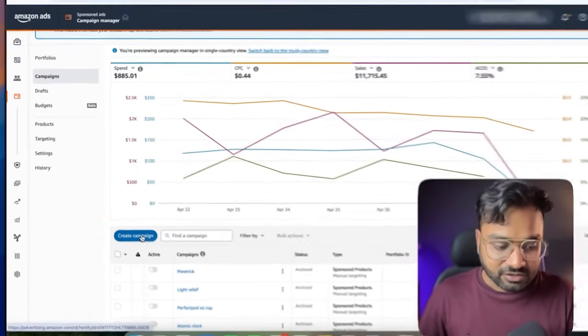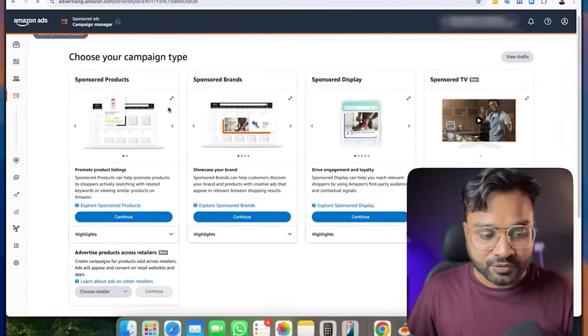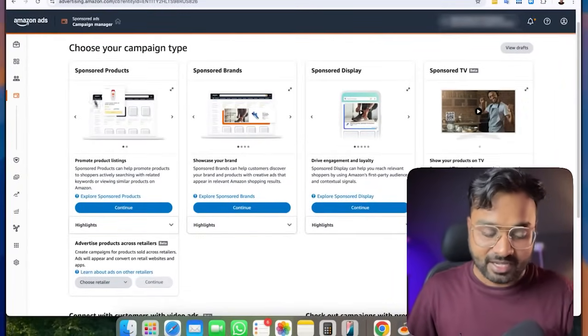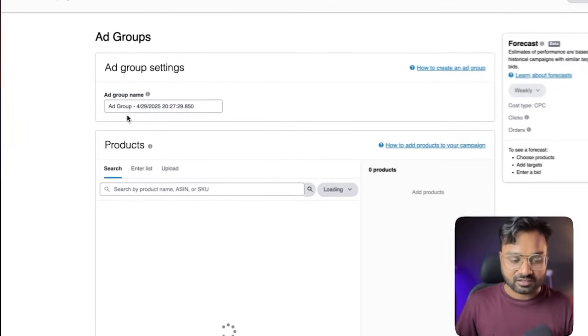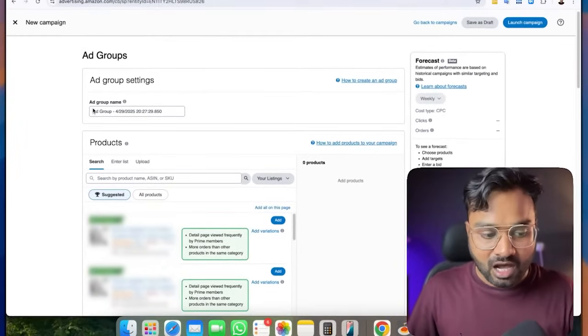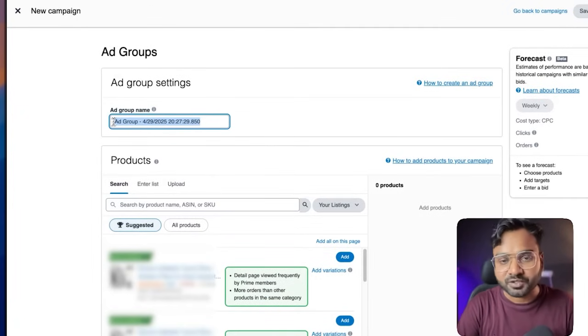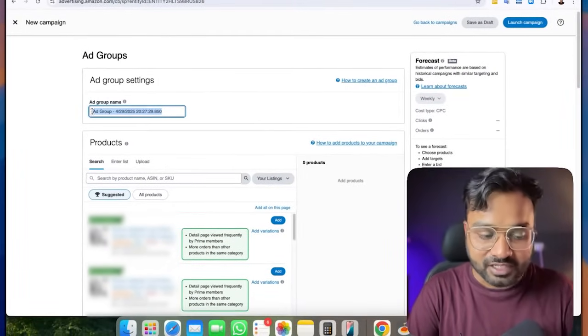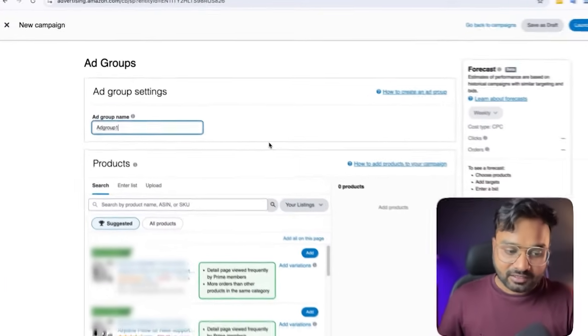So let's hit create campaign. And now let's assume we want to create a sponsored products ad. As I said, we are going to talk about that. So we click on this one. The first option we get is ad group. You can consider this as a folder name. Suppose you are going to create multiple folders inside a campaign. So let's say you call this ad group 1, right? And then let's